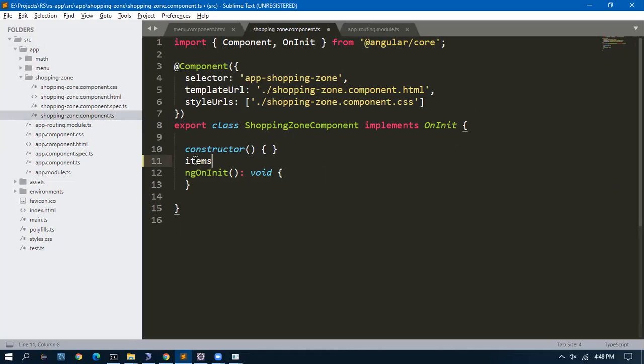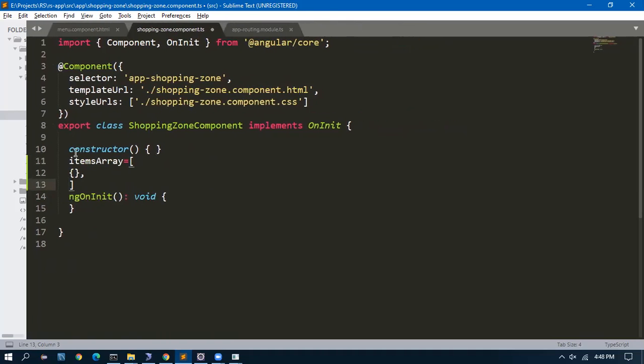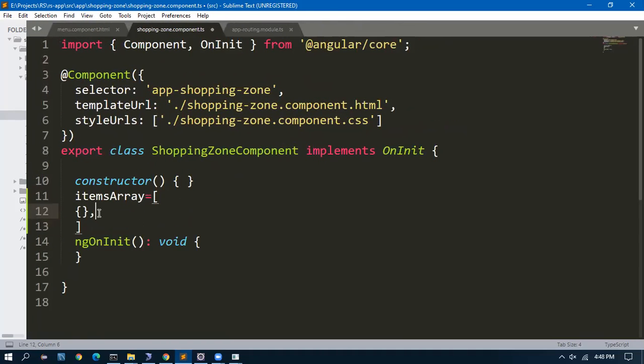That is the items array. Let us give some values. This is the first object, second object, third object. So these are the items.